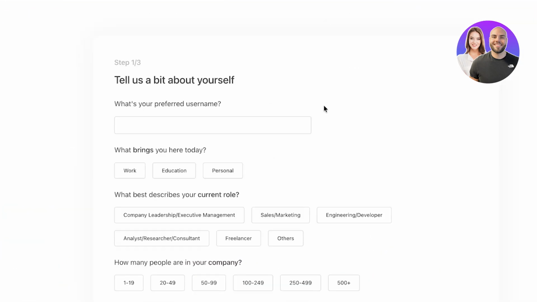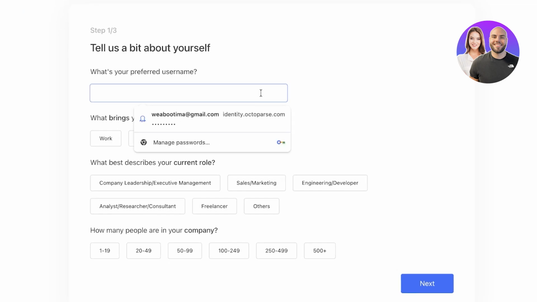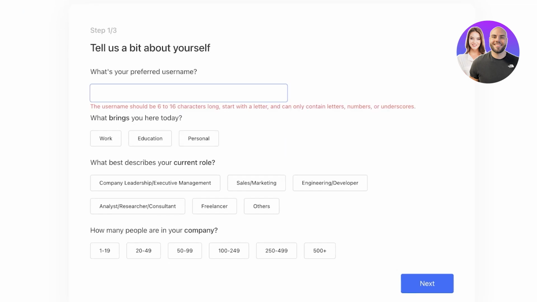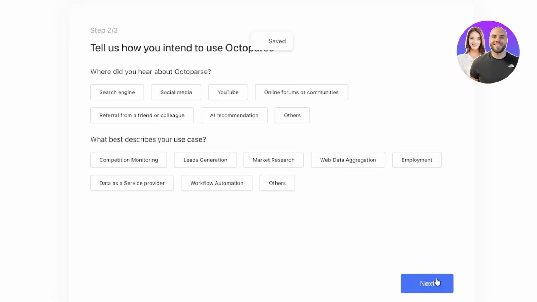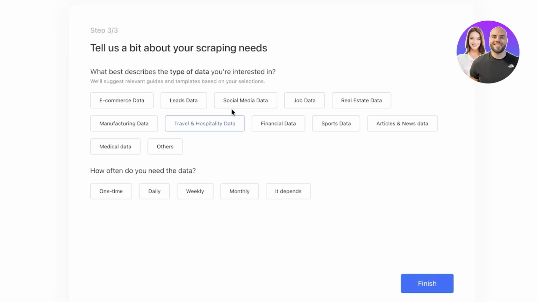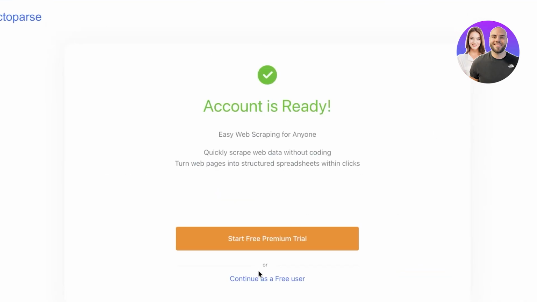So now Octoparse is just going to authenticate your account, and then we're going to be adding our name, and then we can only use letters. Then our education. We're just looking for work, sales and marketing, and then we're going to proceed with the size of our company. Then we're just going to proceed and answer a couple of questions. Once we do that, we are going to either proceed with a free trial or you can continue as a